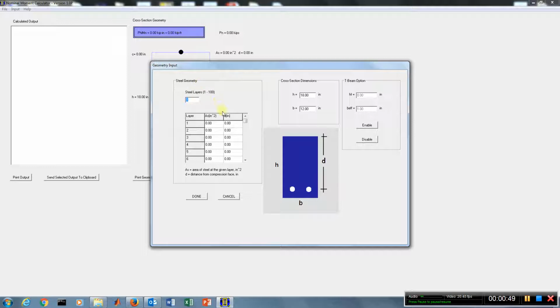Now I'm going to do an example and I'm just going to put 2 number 9 bars, so that's going to be equal to 2 square inches total for those 2 number 9 bars, and I'm going to put that at, let's say it's at 15.5 inches, and I'm going to leave this up here saying that I only have 1 layer of steel and